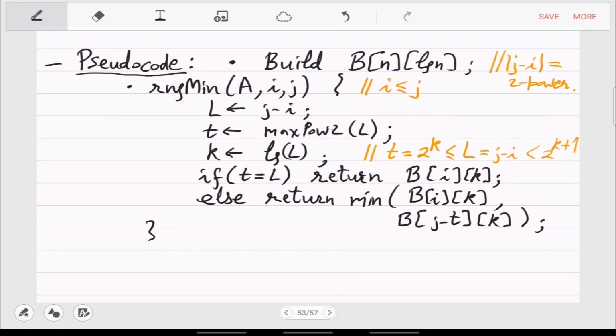Okay, so if there are no questions, then we see the steps here. What is the time complexity? So number of steps in one query is how much? Log n. That's very expensive.